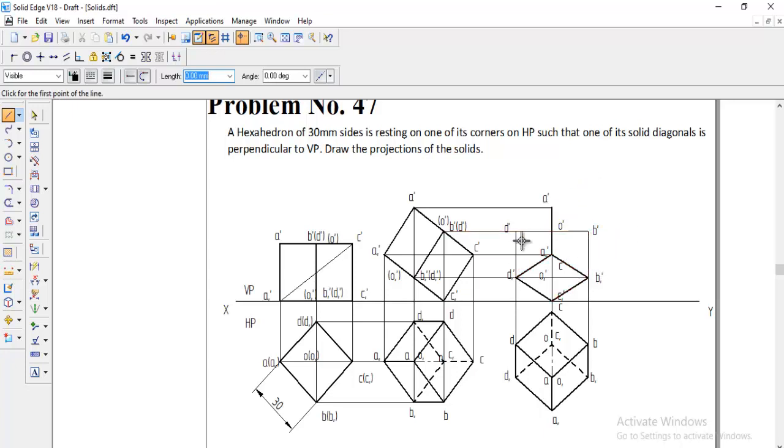And then while joining the remaining, if it comes inside the square frame it will be hidden and if outside it will be visible. So D1, when I am joining D1 it is coming outside, so it will be visible and then join to the outer border. And the same way for B1 it is coming outside, so we can make it visible and join the border.